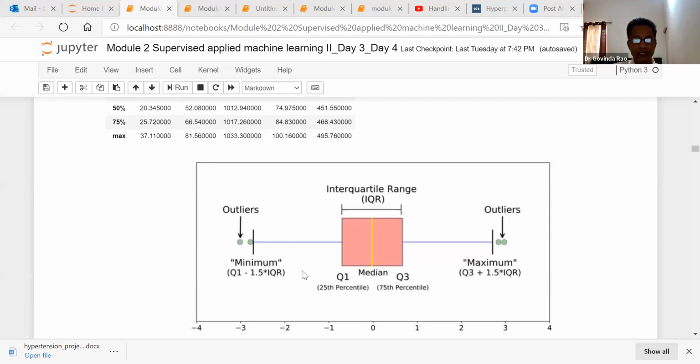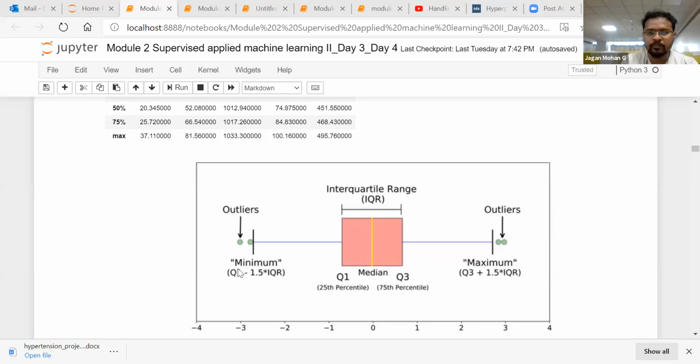If I take below the 25th percentile and above the 75th percentile, those data points will be considered outliers in your data. So in data modeling, outlier detection is very, very important. If you encounter any outliers in your data, you have to remove them.